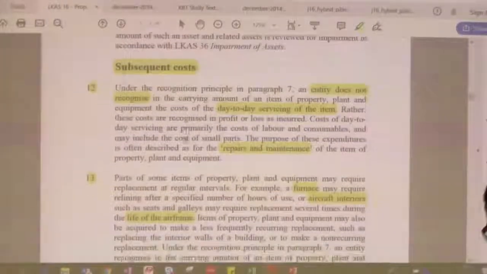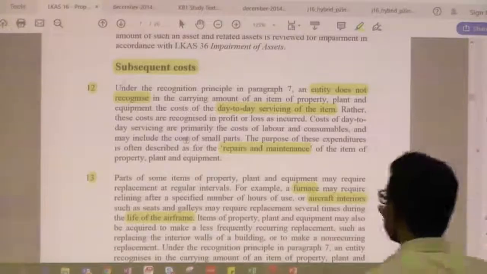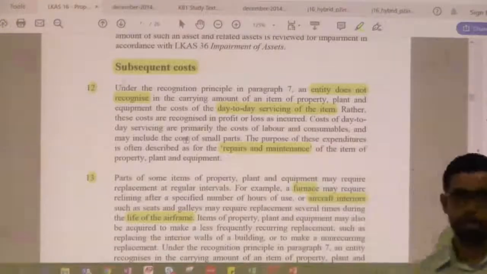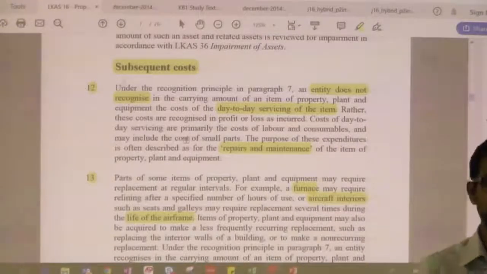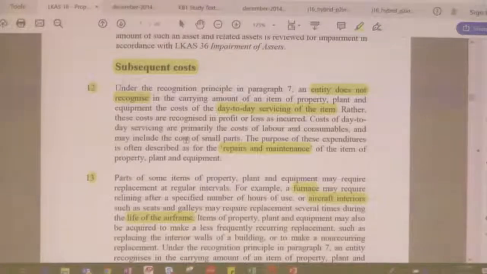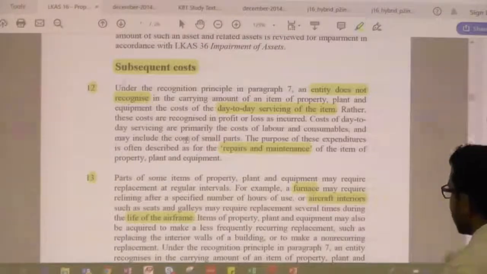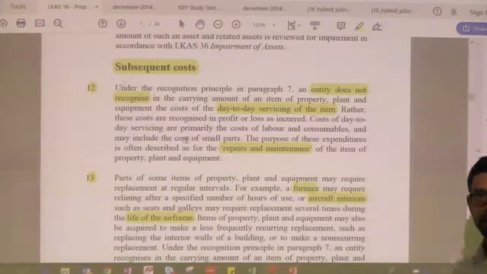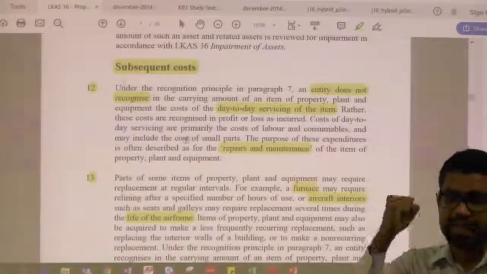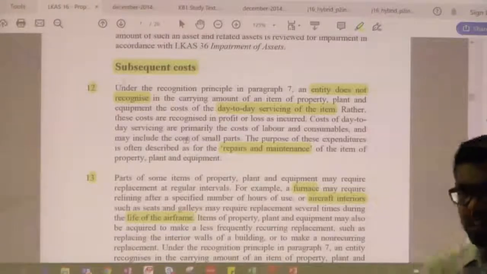So I will take you straight through the standard and explain, right? Fine. When it comes to subsequent, you should understand what that means. Initial cost means the purchasing cost, delivery cost, dismantling cost, all these things. Once you capitalize an asset with these initial cost elements,